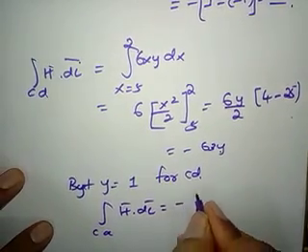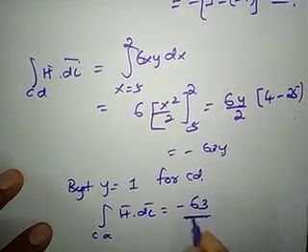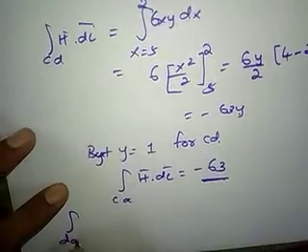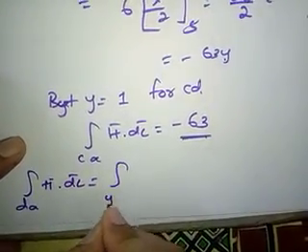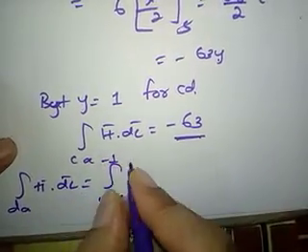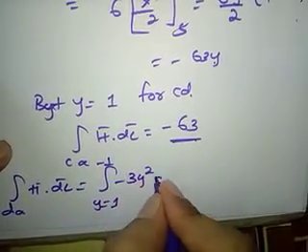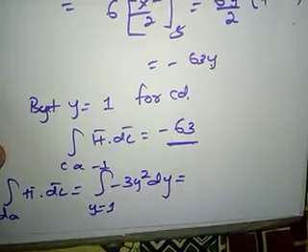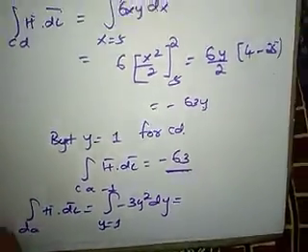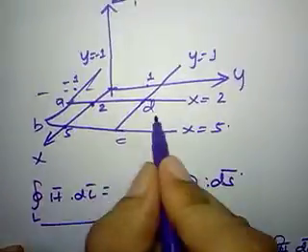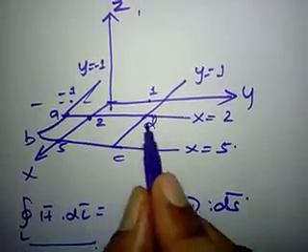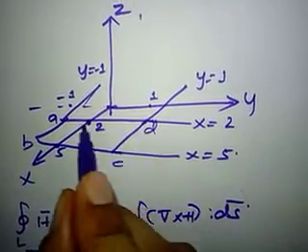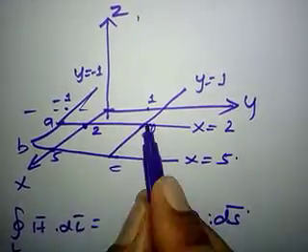that is equal to minus 63. So this is integral d to a of h bar dot dl bar, that is equal to integral y is equal to 1 to -1 of minus 3y square dy, between d to a. So d to a means, again what is changing here? Yes students, come on, tell me, d to a means what is changing? So the changing is in the y direction, again it is y, d to a.